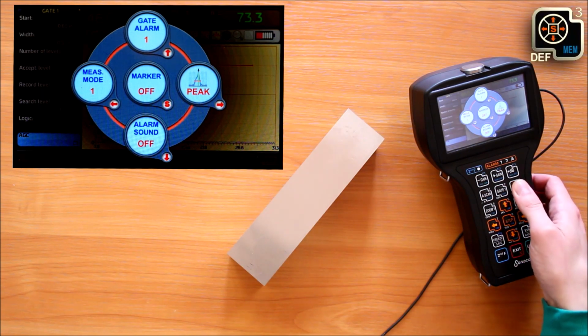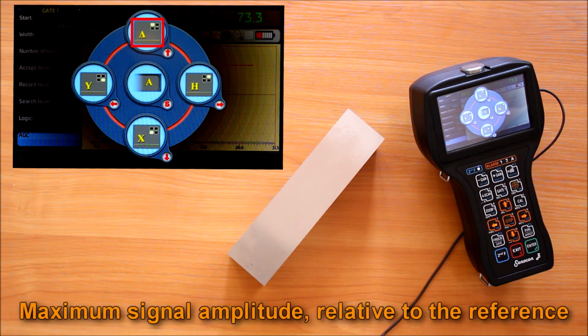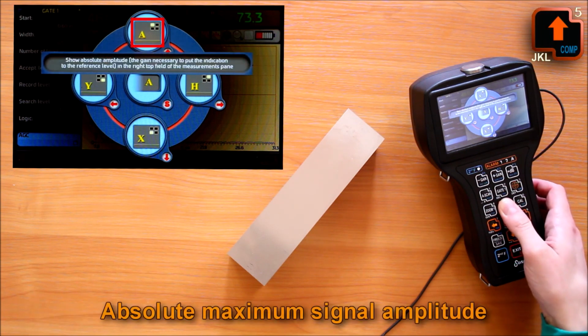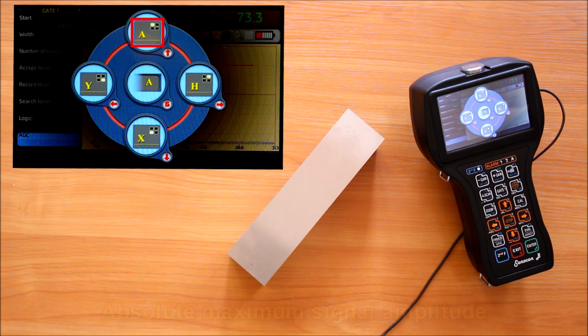Second page of the quick access menu enables choosing which indication parameters to show. With arrow buttons, we can choose parameters for 4 small cells of the information panel, and with step button for the large one. The list of parameters depends on the instrument settings, but the full list follows: maximum signal amplitude relative to the reference, absolute maximum signal amplitude, that is the gain value at which the signal amplitude corresponds to the reference,